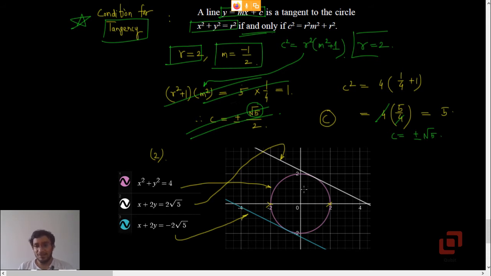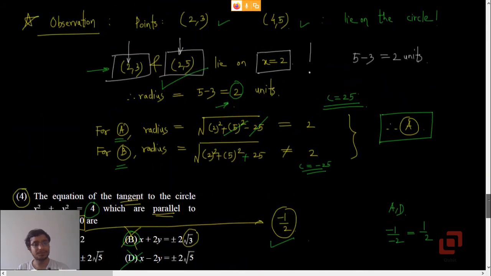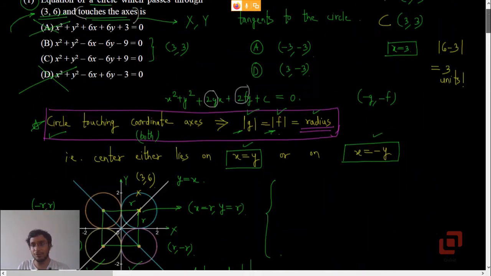You may check this. The distance between this point and this point, which is also the distance between these two lines, is going to be the diameter of the circle. Yesterday when we solved the problems on lines, we had such a problem: what is the distance between these two parallel lines? We already know that this time the distance is going to be the diameter of the circle. If the radius is 2, diameter is going to be 4 units. So this was the fourth sum. Let's go to fifth.